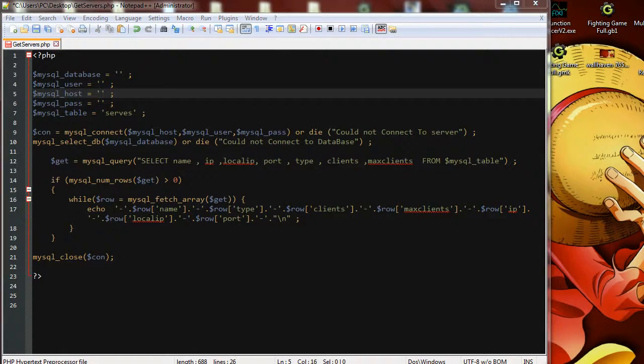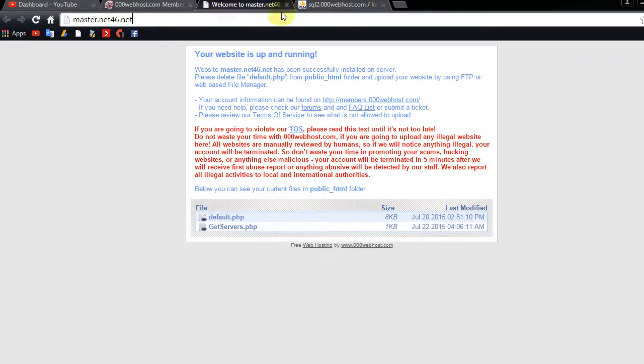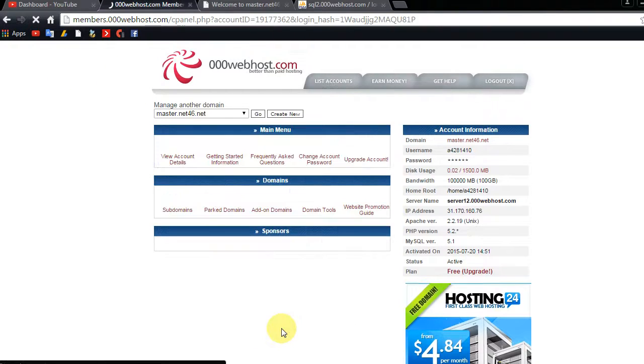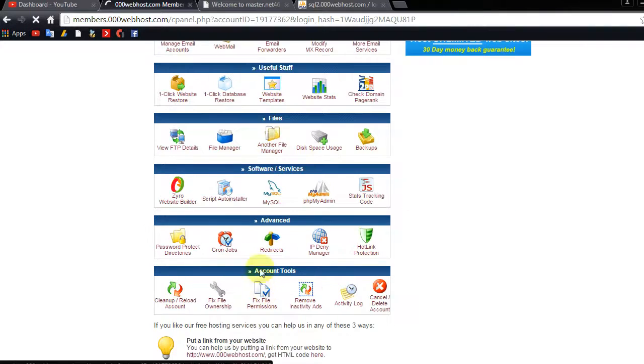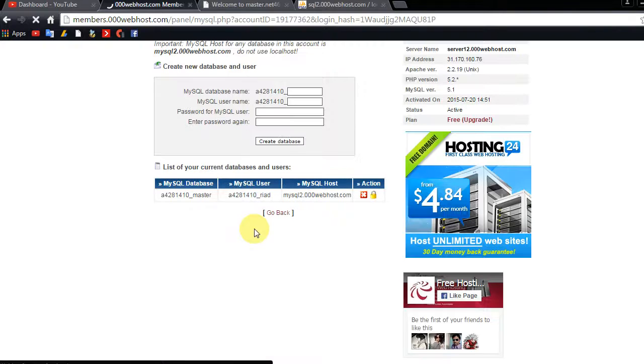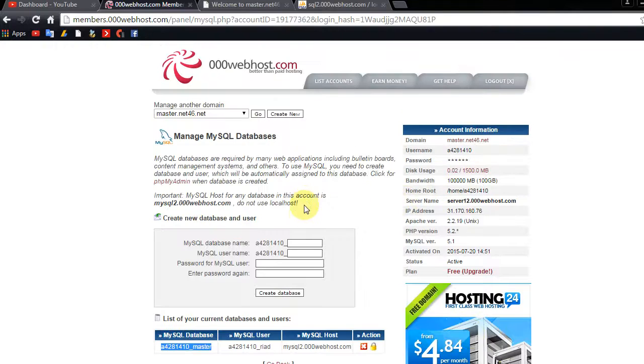The host, you can find the host in the, where is it? Yeah, go back. If you go to your MySQL, this is the host of your database, and this is the user, and this is the database. So you just need to type the password, and after that I suggest you go to